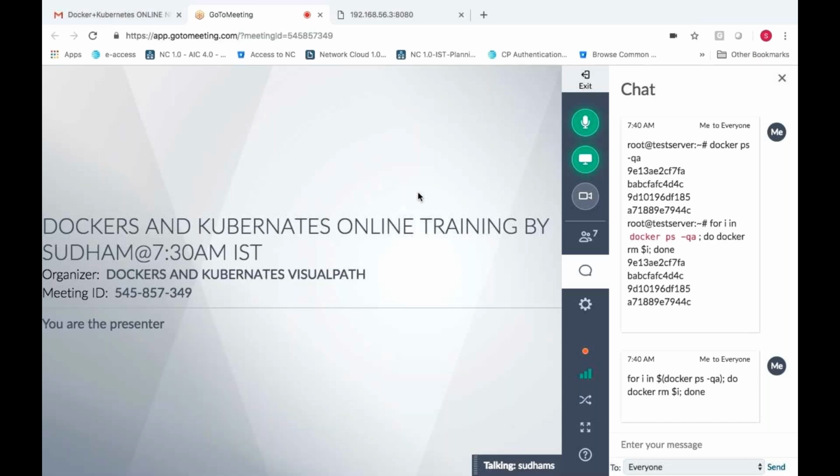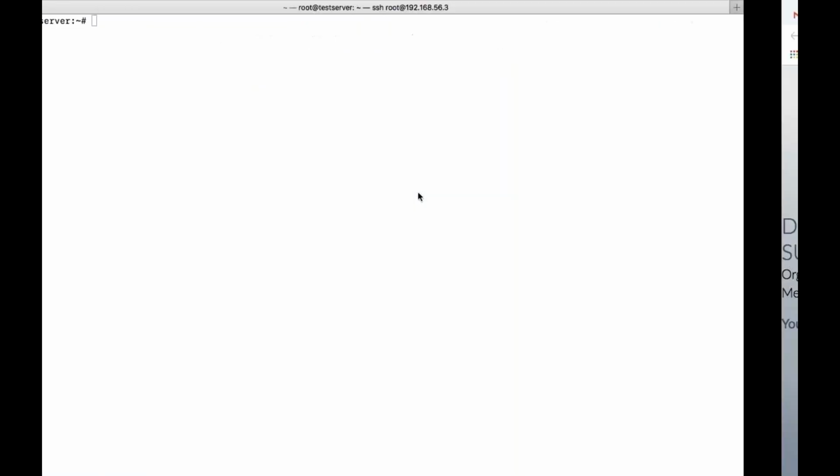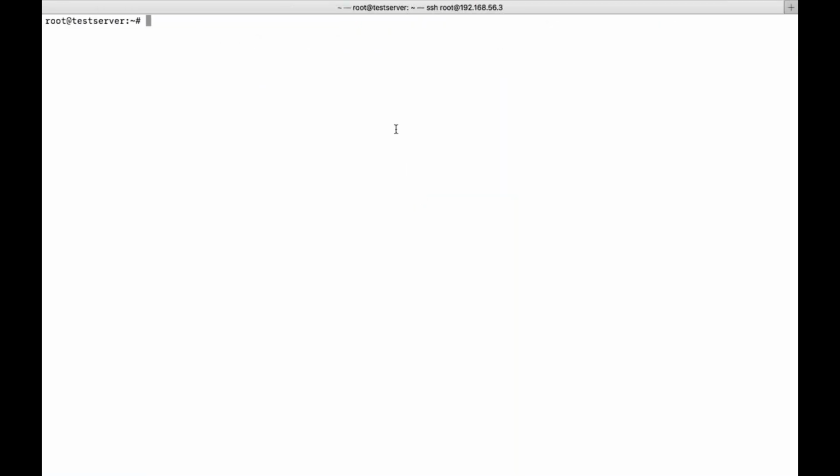Let us discuss something about networking. How are you able to get this automatic IP address for your containers? From where is it picking the IP address? When you install Docker for the first time, it will create an interface on the host machine called docker0. If you want, you can log into your machine where you have installed Docker and execute the command ip a, and you will see the interface called docker0.